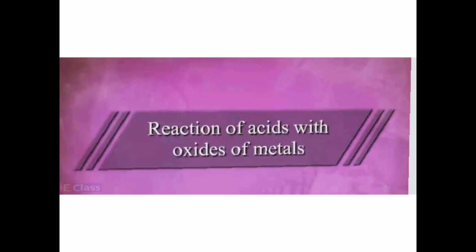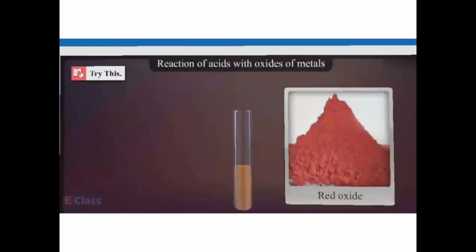Having understood about the reaction of metals and acid, now we will learn about the reaction of acid with the oxides of metal. Metal के साथ में reaction देख लिया. Now we will move towards the oxides of metal. Okay. So what all oxides do you know? You know iron oxide जो जंग पकड़ता है. Yes, we know it. So the chemical formula of red oxide is Fe2O3. This is water insoluble, पानी में insoluble होता है.